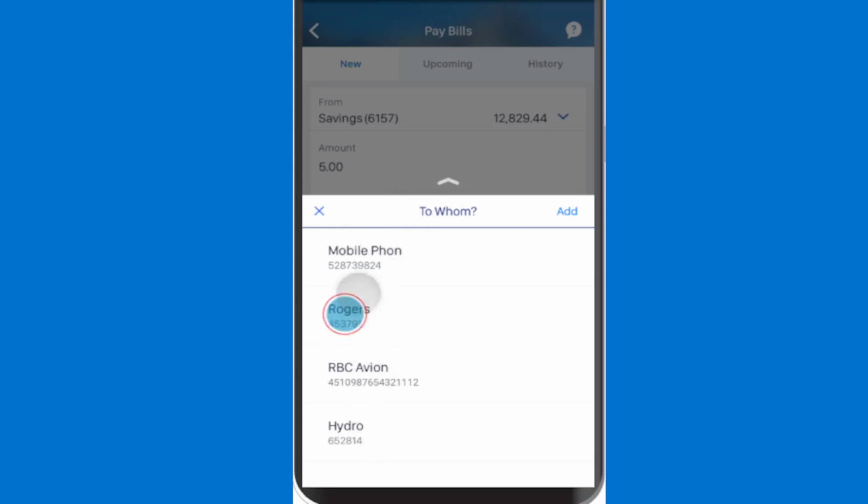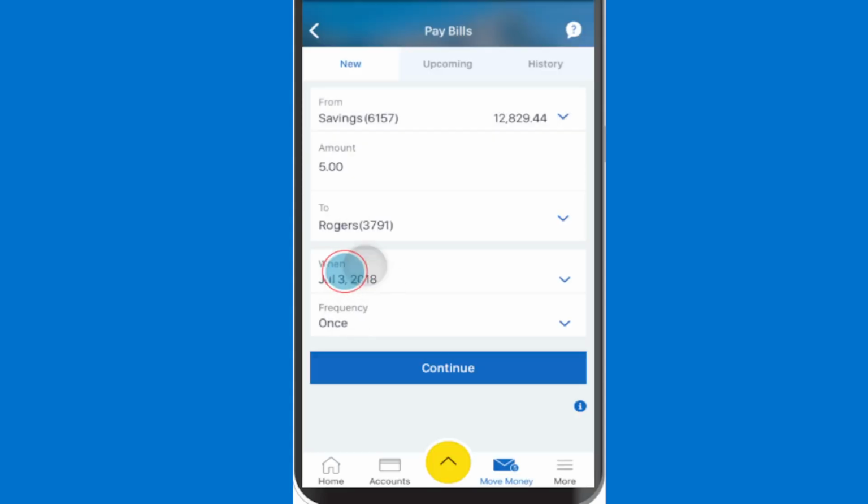Now we select the payee. If you already have one, you'll find them right here. You can select or you can tap here and add a new one. We'll just use Rogers and then you can go ahead and enter a date when you would want this bill